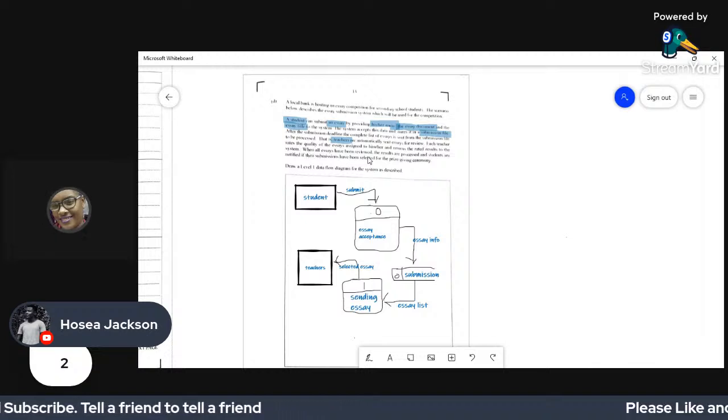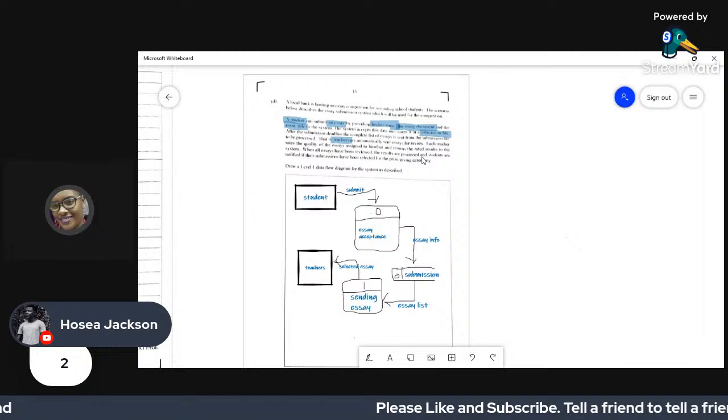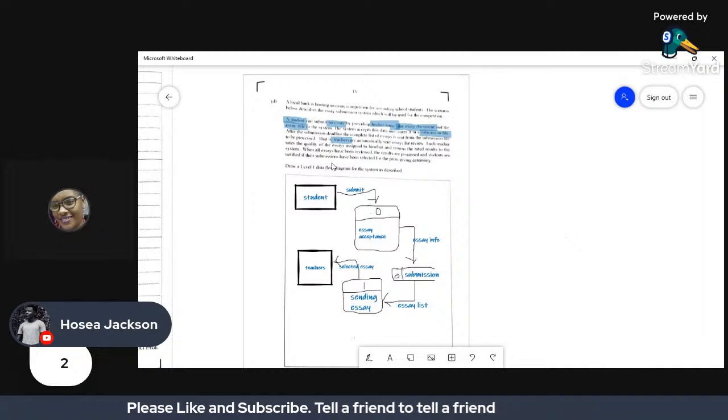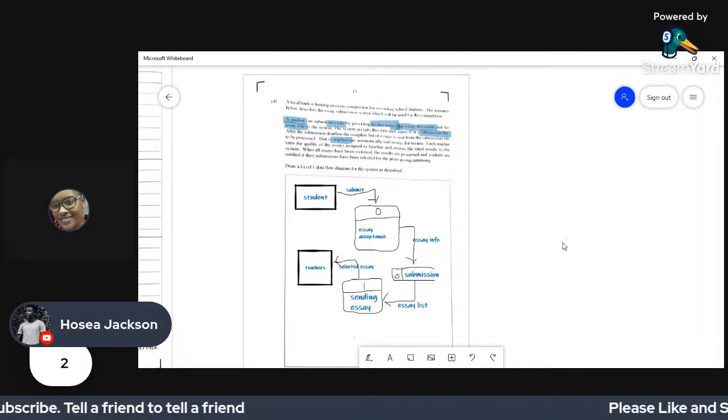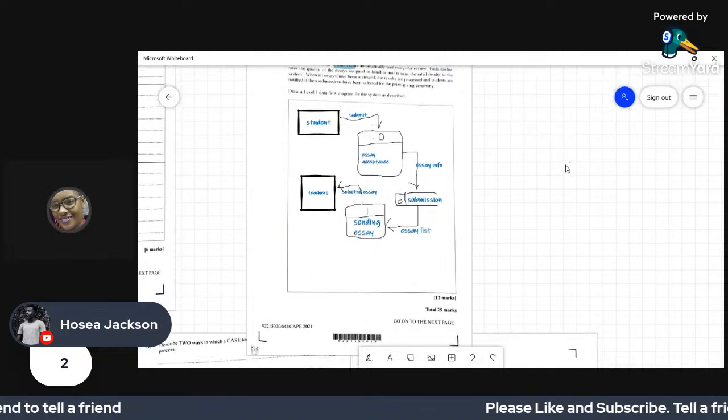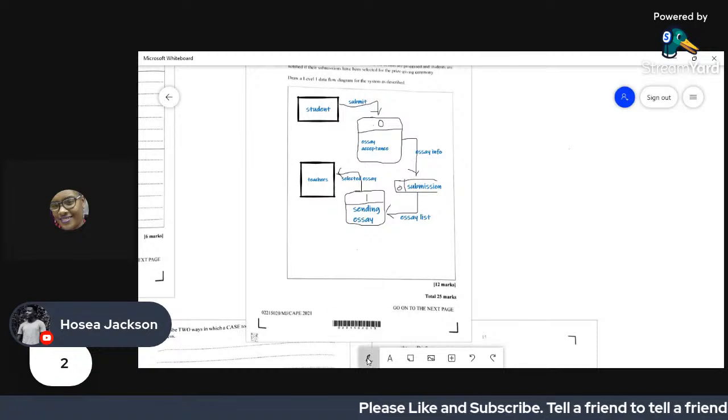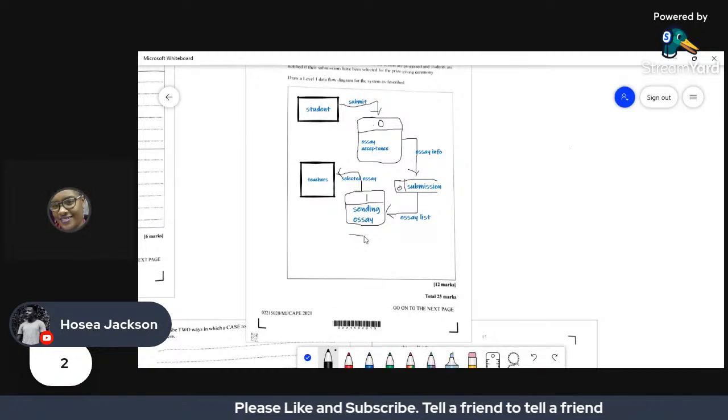When all essays have been reviewed, the results are processed and students are notified if their submission has been selected for the prize giving ceremony. All right, so we're going to implement now another process.